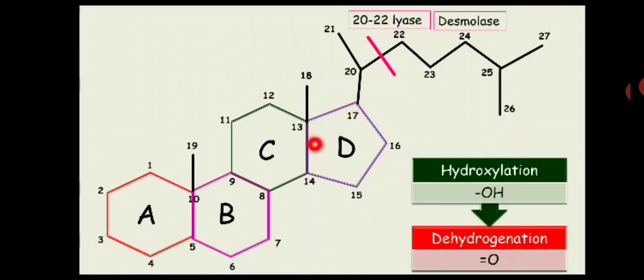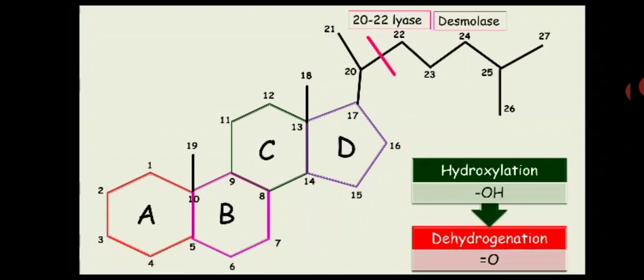If you are removing the H from somewhere in this slide, then it is known as dehydrogenase. So if there is a removal of H over the third carbon, this is known as 3-dehydrogenase. Now the enzyme used is known as 3-beta-hydroxysteroid dehydrogenase. It is a little bit of a longer name, but this is just a dehydrogenase that will remove the H. So remember that whenever there is a hydroxylase, that hydroxylase will eventually add an OH group, and a dehydrogenase will eventually remove the hydrogen. Got it?